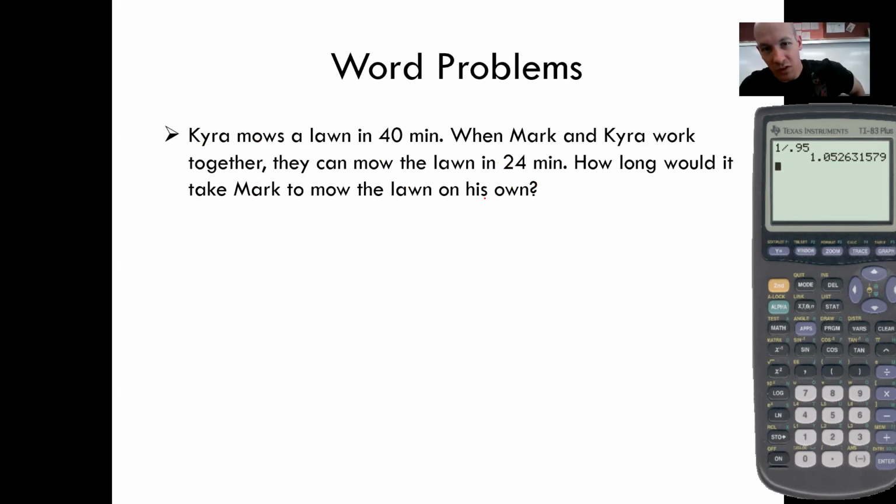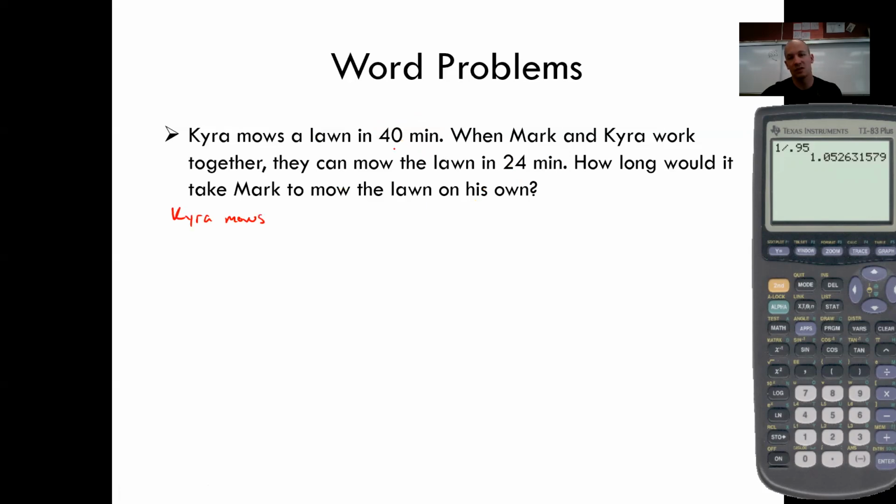All right, so what does our intuition tell us about a problem like this? First of all, if Mark and Kira were capable of working at the same speed, how long would it take to finish mowing the lawn? If Kira takes 40 minutes, well, 2 people should take 20 minutes, but Mark only reduces it down to 24 minutes, which tells me Mark is not pulling his weight. So what we need to think about here is, first of all, what do we know? So we know that Kira